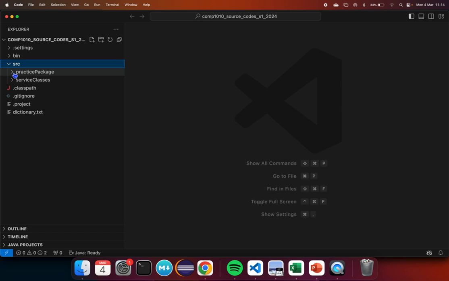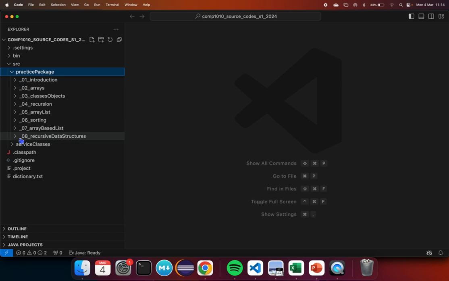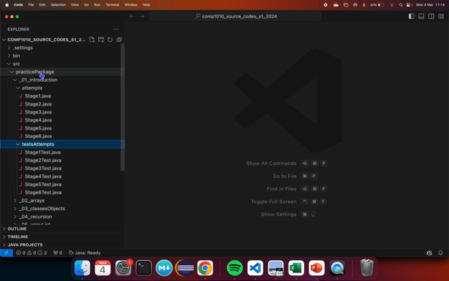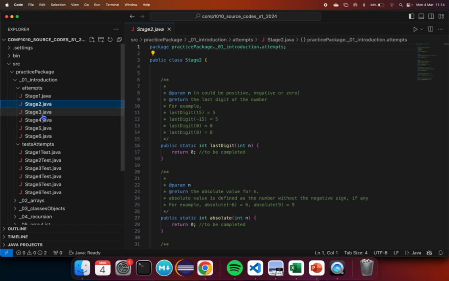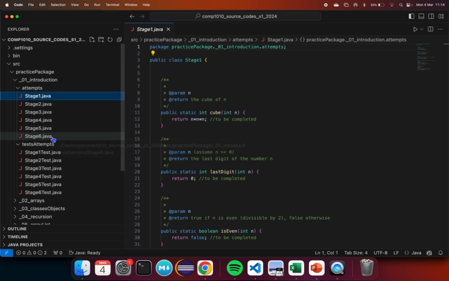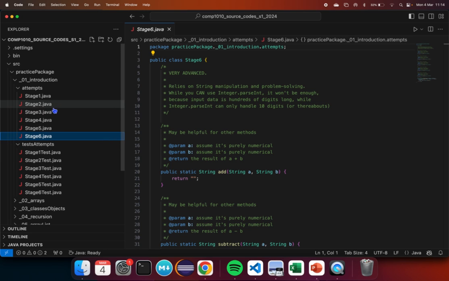Let's take a look at the source folder. It's a practice package which contains around 500 plus questions, and let's take a look at a simple question. So the questions are structured as stages, so level topic 1, topic 2, and so on, and within that stage 1, stage 2, and so on, where stage 1 is the basic one and the last stage is the most challenging one. If I go to, let's say, stage 3,